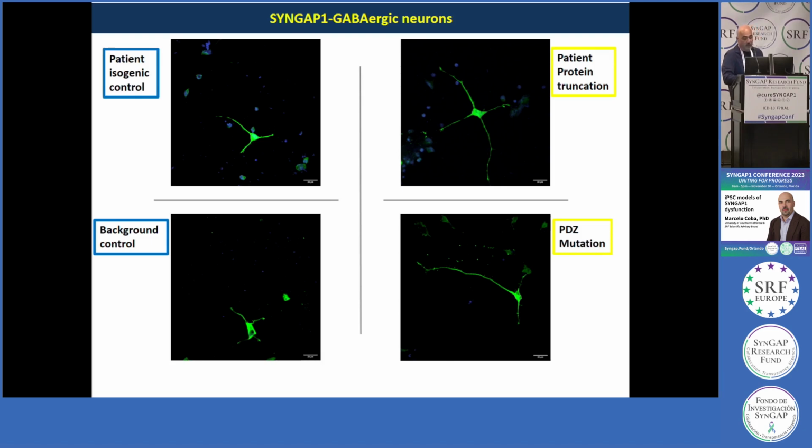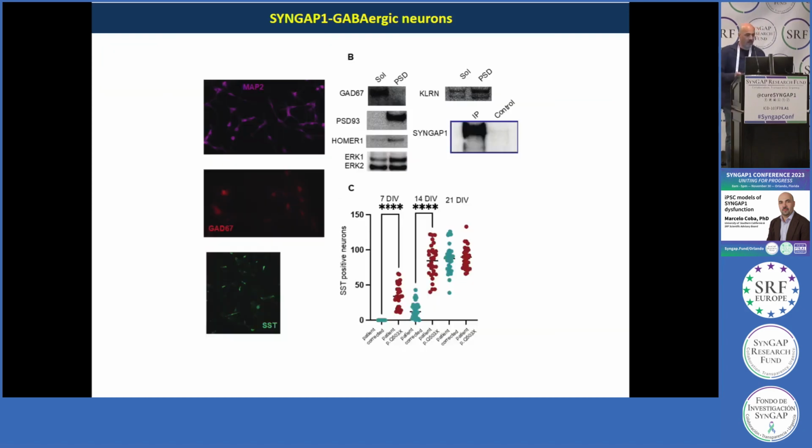So in these models, we've seen the same phenotypes with mutations in the PDZ, with the RAS GAP domain, or not having the protein. There's not much time to discuss things, but this is just to show that, yes, there is an acceleration in the differentiation of these GABAergic neurons. If you see at the